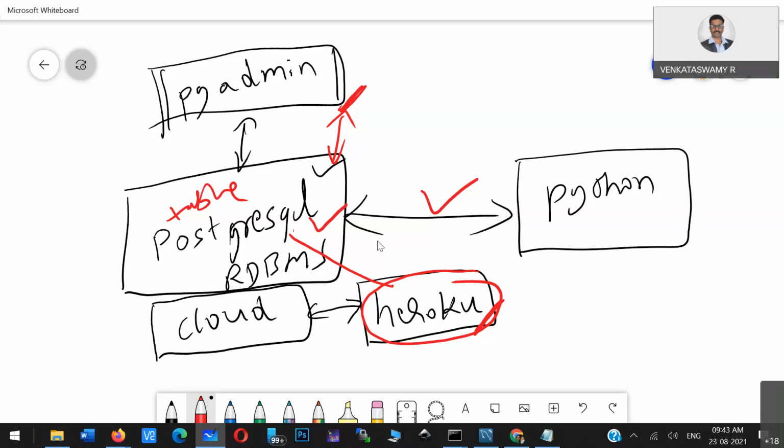After subscription, we checked and configured that database using the pgadmin IDE. After working on pgadmin, we started connecting this PostgreSQL with Python. Okay, so these are the things we have covered today. Any question on this particular topic and demonstration?